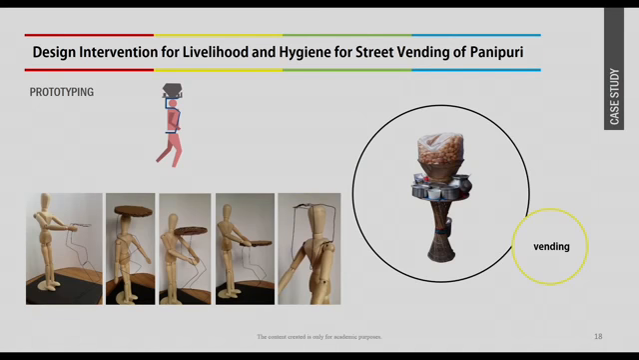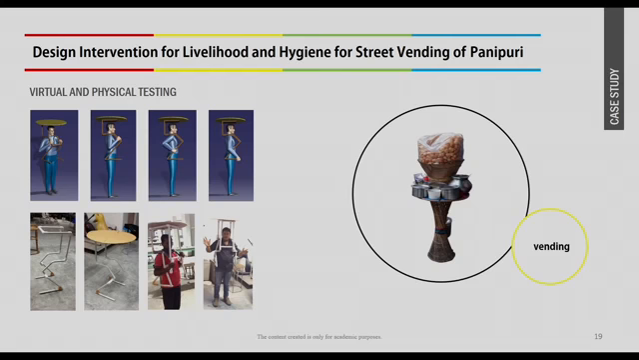Then we moved ahead for prototyping. In the prototyping phase, we made different kind of wireframe models to check the proportion to the body and how they will carry. We also checked different kind of forms, and then the final one we have selected and we made a digital model. We also checked the comfort in digital human modeling software. We also made a prototype and tested with the user,